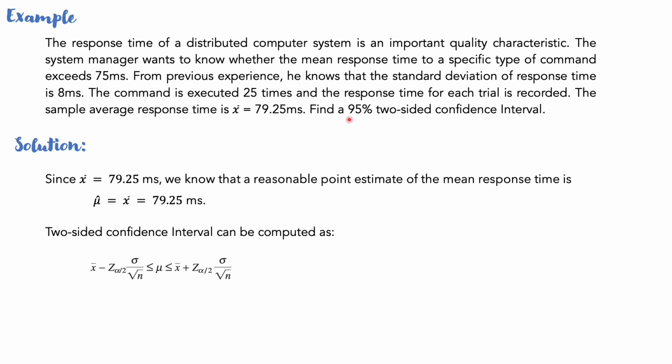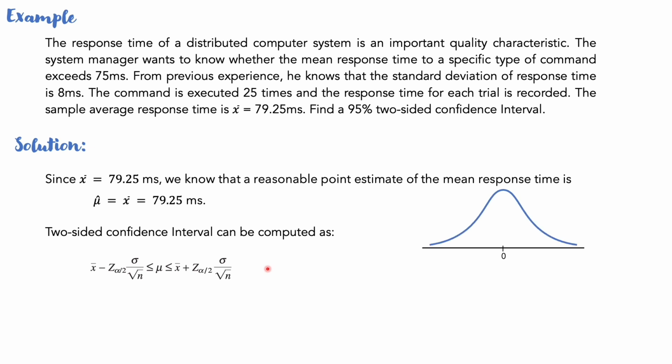So 100% minus 95 is equal to 5%. So half of 5% is 2.5%. If we do not want to write in percentage, then it becomes 0.025, right? So 0.025 on the lower half and 0.025 on the upper half, and this is how we can represent it on